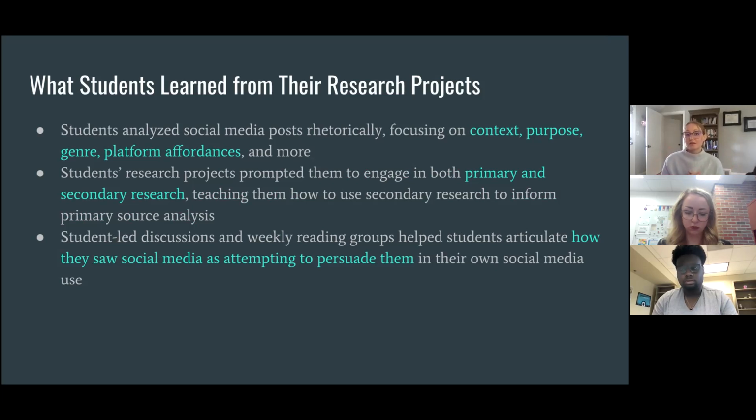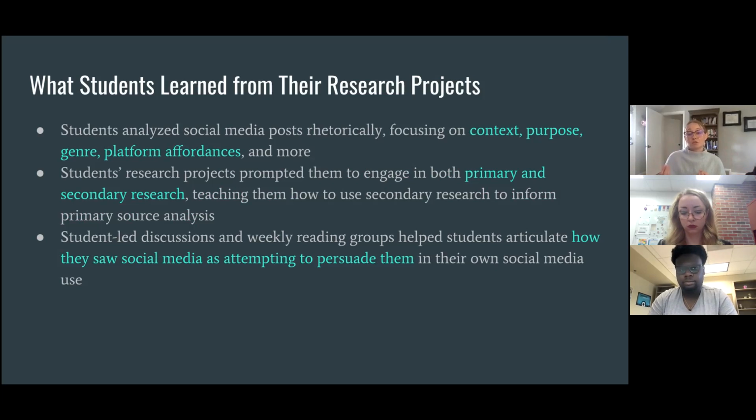So students analyzed social media posts rhetorically by focusing on things like context, purpose, genre, platform affordances, and more. They practiced this skill in the first essay, which was a rhetorical analysis, and that lent itself nicely to the final paper in which they analyzed a primary social media post using the lens of secondary research.